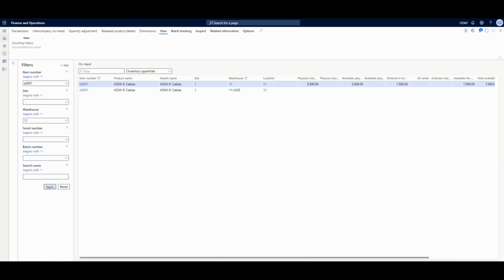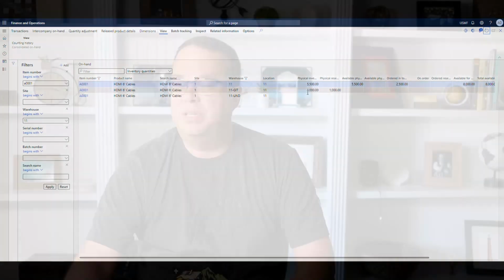Just as a reminder, what happens to the inventory, let me refresh my inventory screen here. What we have is that 1,000 items is in this goods in transit warehouse. If you remember from the setup video for warehouse 11, we create a goods in transit warehouse, and then we have this under delivery warehouse, which we'll use here in just a minute. So we've got our 1,000 here, our goods are coming across the ocean, coming over to us so we can